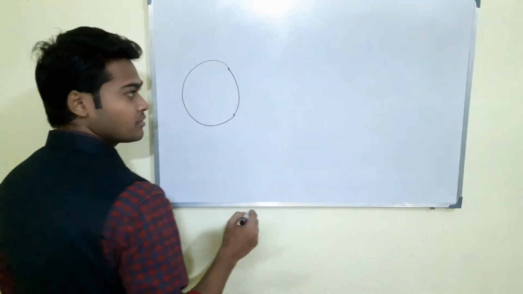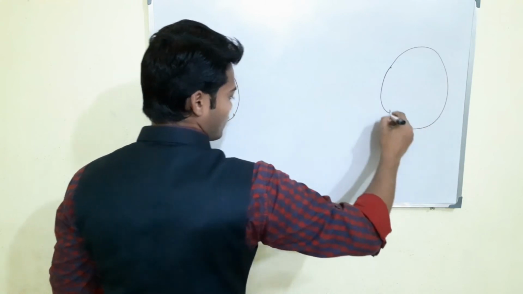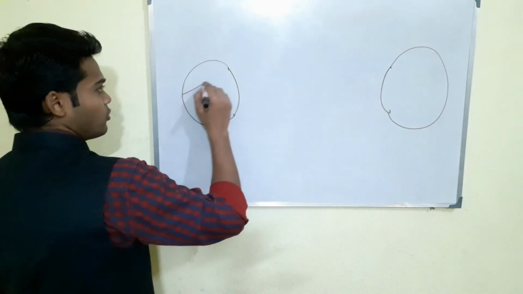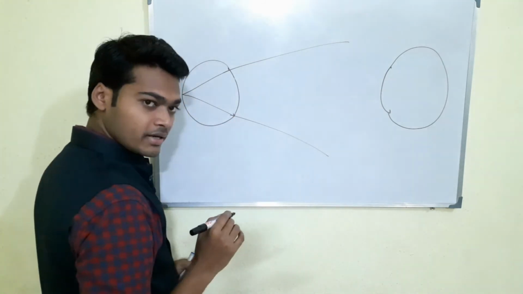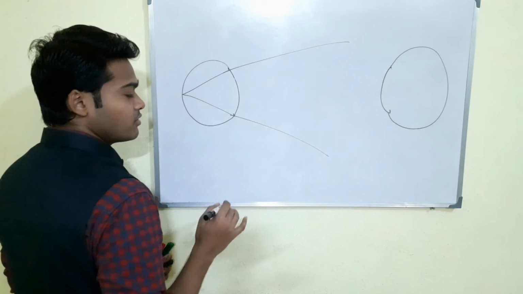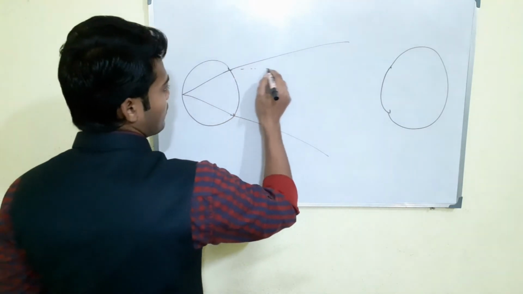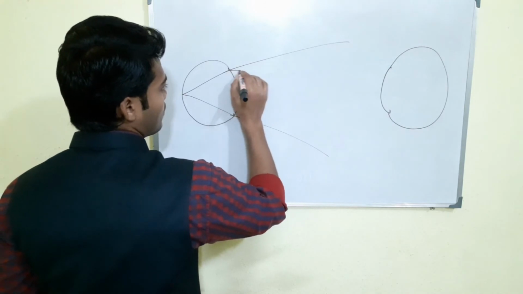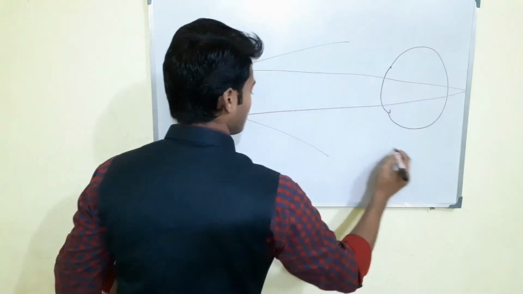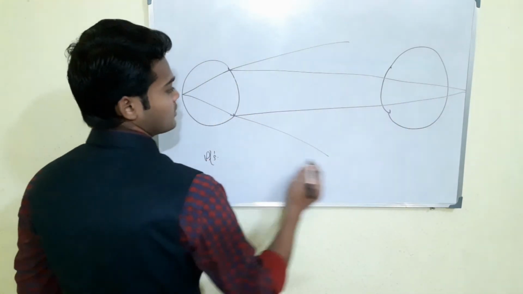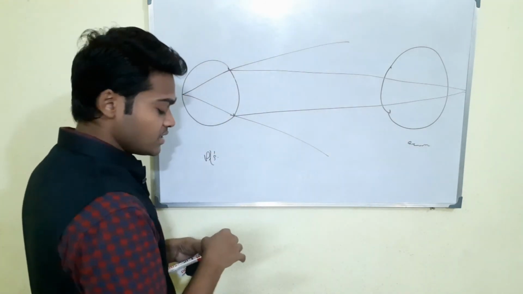This is the patient, right, and here this is your observer, right? If the patient is hyperopic, light is getting diverged, right? When light is getting diverged, it means some light falls behind the retina. This is the patient's eye, this is again the examiner's eye, right? This is a hyperopic case. So this is actually the scene that is going on.